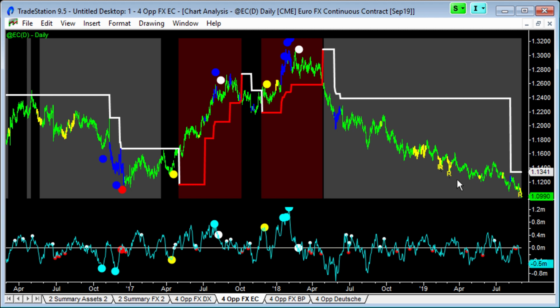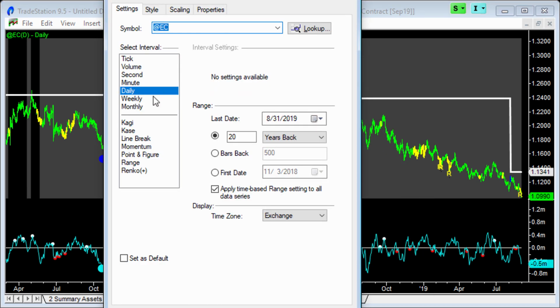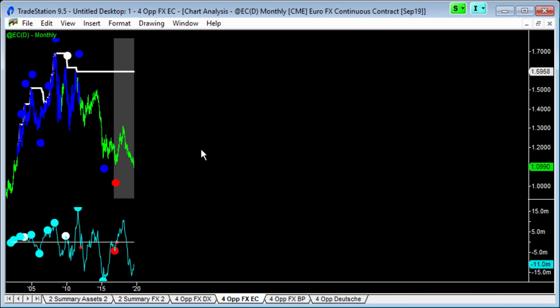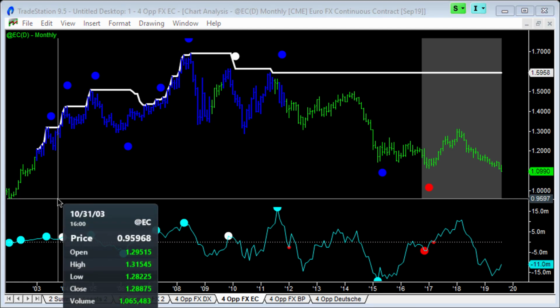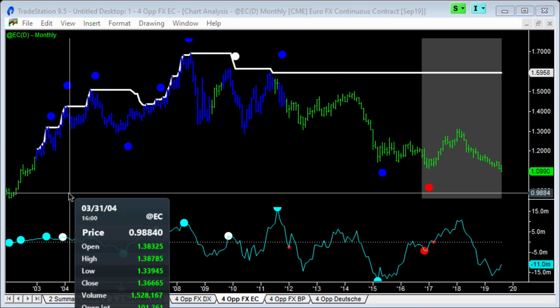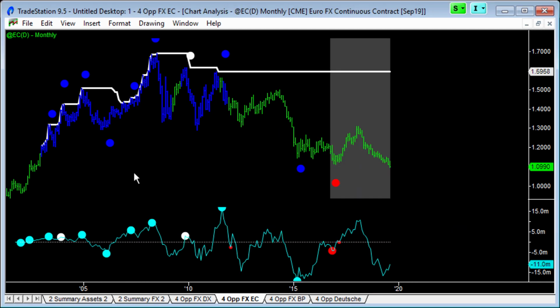The parity level of the euro versus the dollar is obviously psychologically incredibly important. It's where the euro started off years ago, wherever that was. Let me just show you this. You have to go back to a monthly chart to see what that level was. So back here in 2002, when we started trading this, we're talking about parity versus the dollar index. And that's the level that we need to see